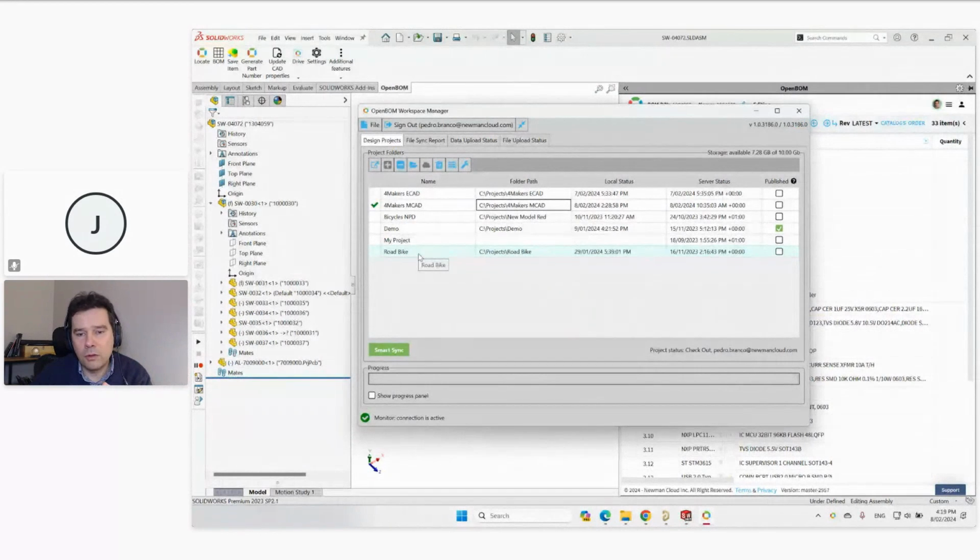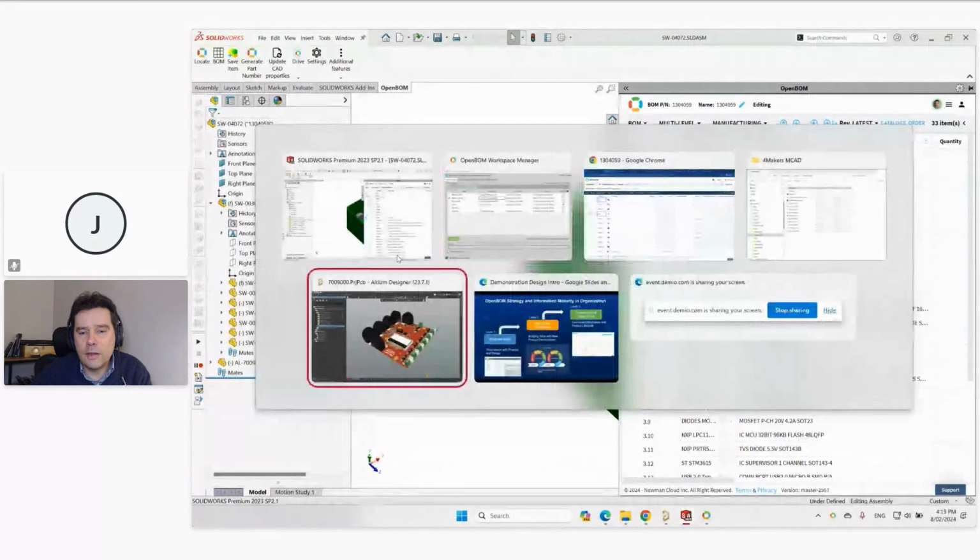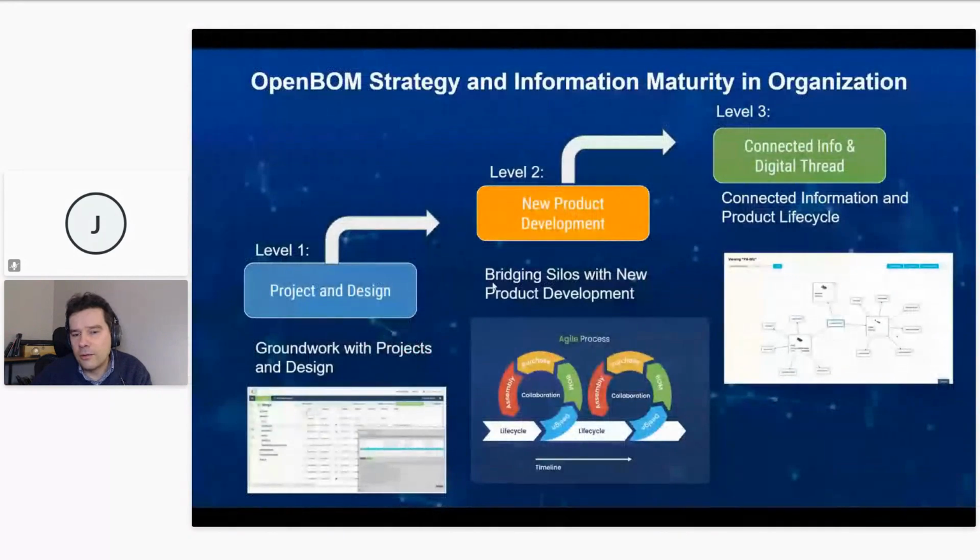We have tools to detect if there are, for example, duplicate file names. It can help you to get good quality in your CAD data. And then you start moving to a single product structure from different design sources. When we talk about the digital thread, so when we show this view of